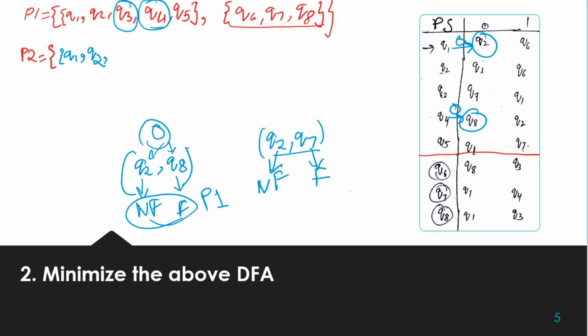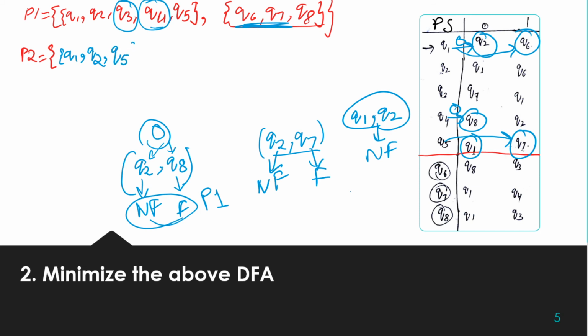So now let's check the compatibility of Q5. From Q5 we are moving to state Q1, and from Q1 we are moving to state Q2. These belong to the same group in the previous partition, that is the group of non-final states. So they are compatible for input symbol 0. Now let's check input symbol 1. From Q1 we are moving to state Q6 and from Q5 we are moving to state Q7. Q6 and Q7 are part of the same group in the previous partition. So yes, Q5 is compatible with Q1, and this group is closed here because we are left with no states to check with Q1.